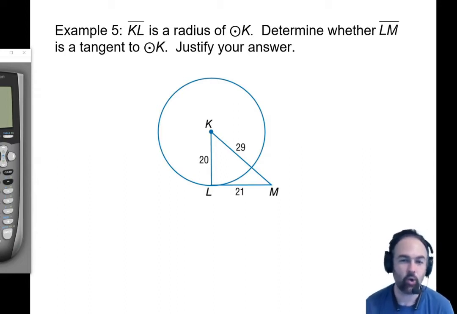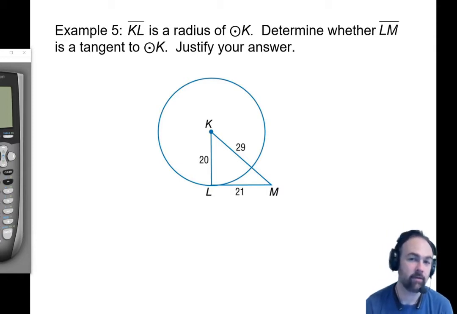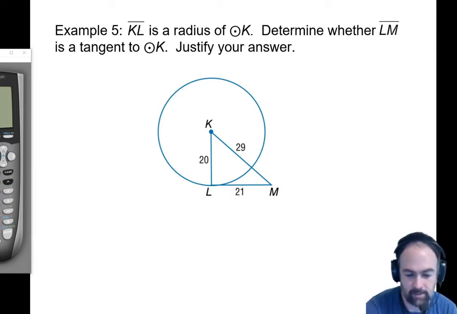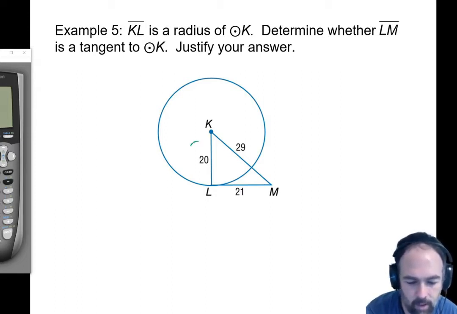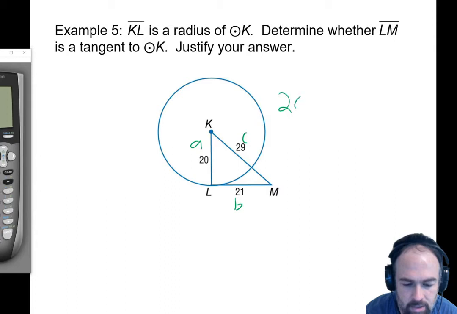So then the question is, how do I test for a right angle? And if you're thinking in your head the converse of the Pythagorean theorem, then you're right. So what we have to do is test the Pythagorean theorem. If this is a right angle, then this would be our A, B, and C value, C being the longest one, the hypotenuse. So we got to know, is 20 squared plus 21 squared equal to